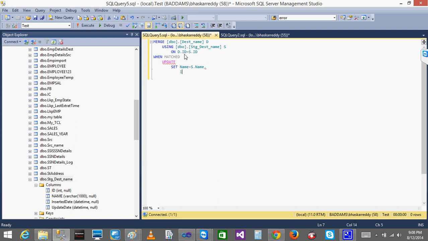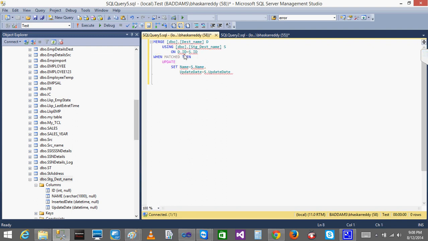After that, the inserted date is not going to change, so I'll just update the update date equal to S dot update date, done. That is the when matched part.